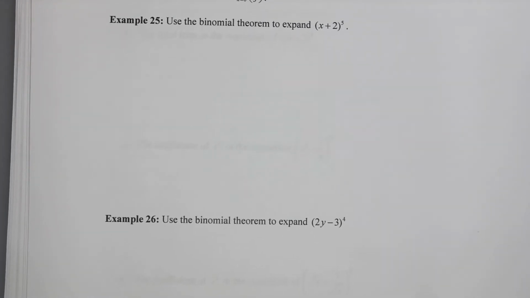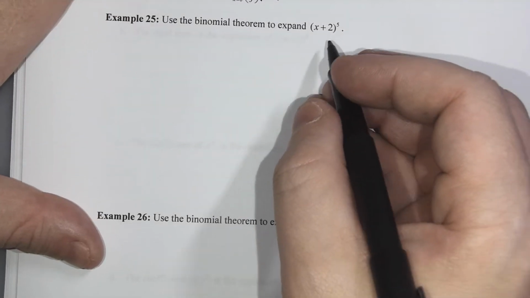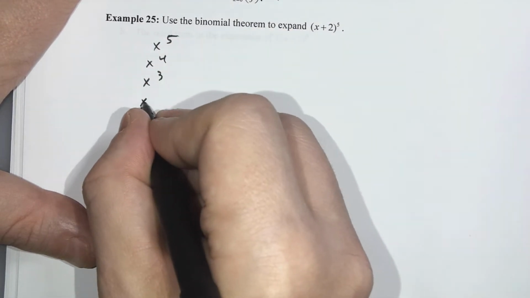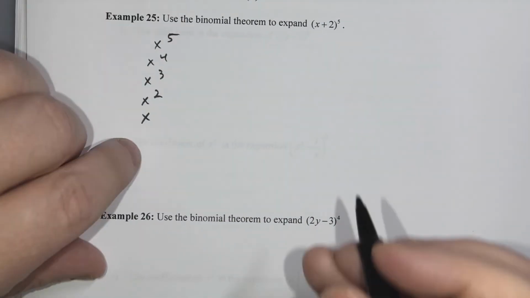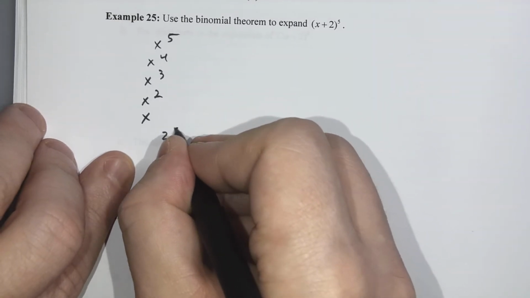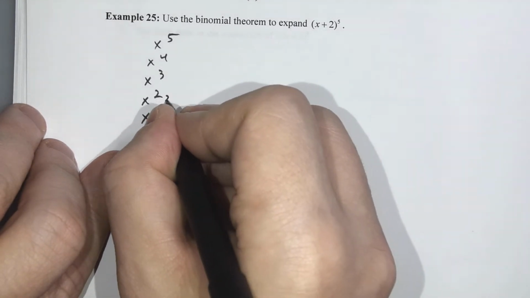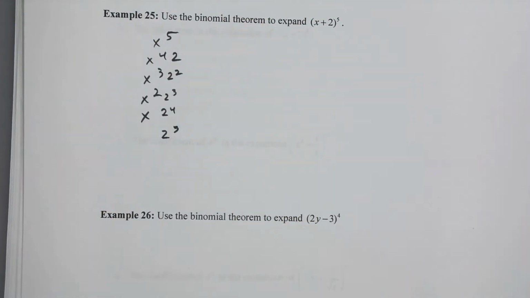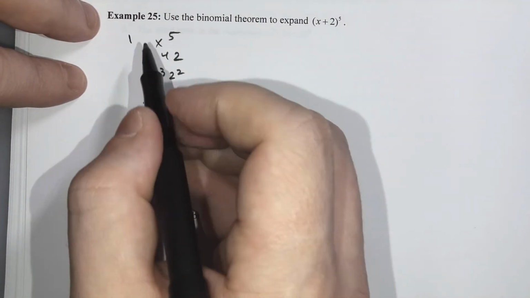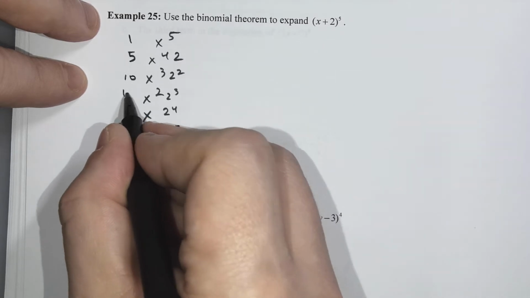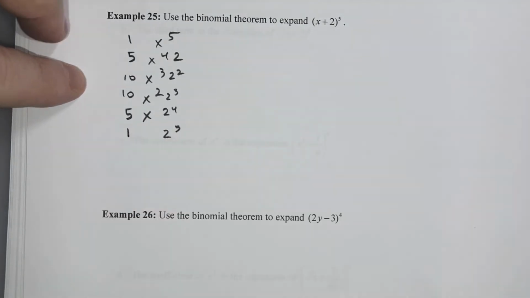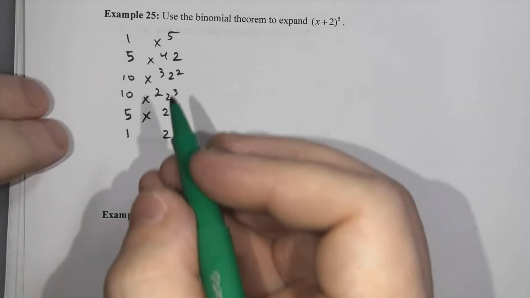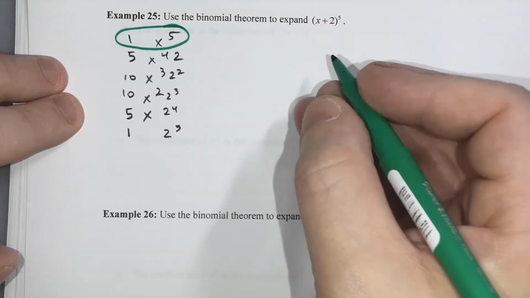So if we wanted to take x plus 2 and raise it to the 5th power, this would be x to the 5th, x to the 4th, x cubed, x squared, x, 2 to the 5th, 2 to the 4th, 2 to the 3rd, 2 squared, and 2, and then the coefficients, 1, 5, 10, 10, 5, 1. So the final answer for this expansion would be 1x to the 5th